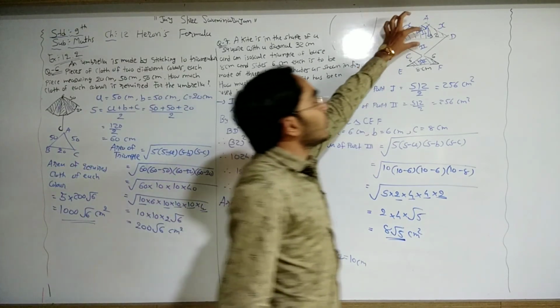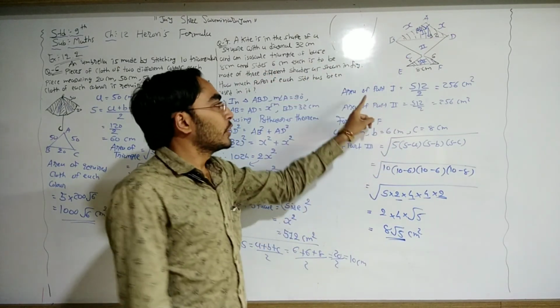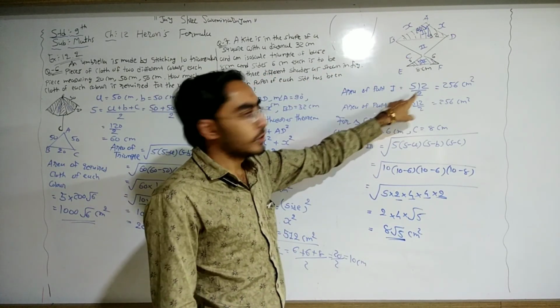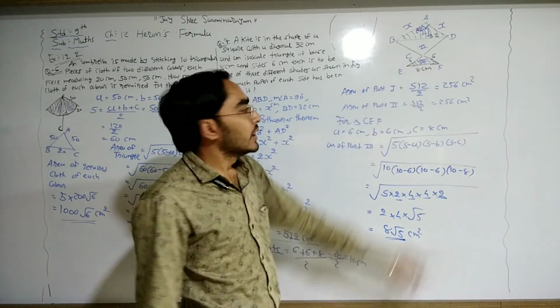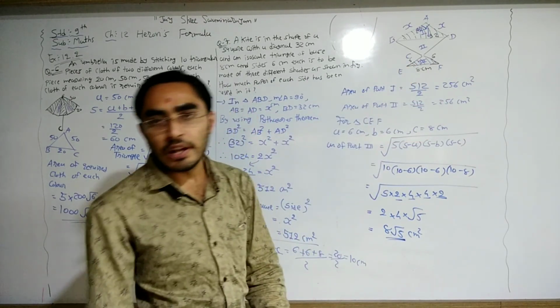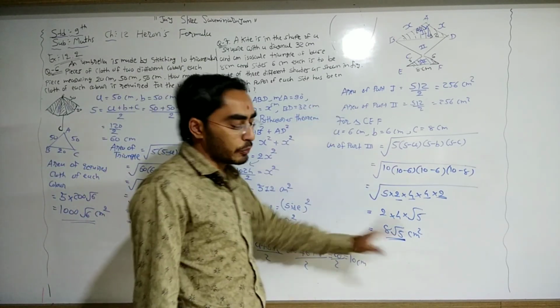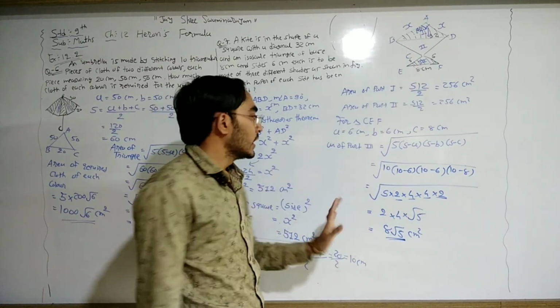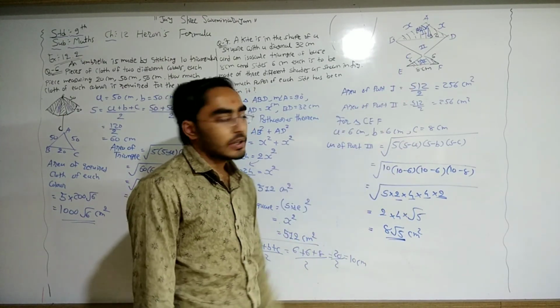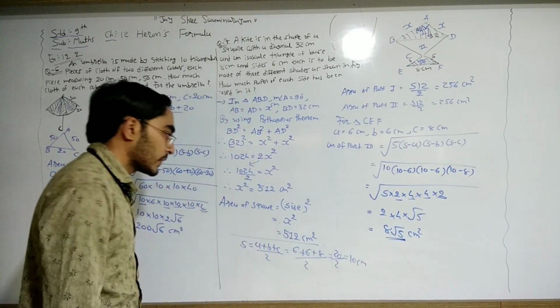Now the areas of both these triangles are the same, so we divide the whole area by 2. So area of part 1 is total area by 2, 256, same thing here. And in the third part, we have an isosceles triangle. In that we know all three sides, so we can use Heron's formula to find the area of part 3. So area of part 3 is equal to 8 under root 5 centimeter square.